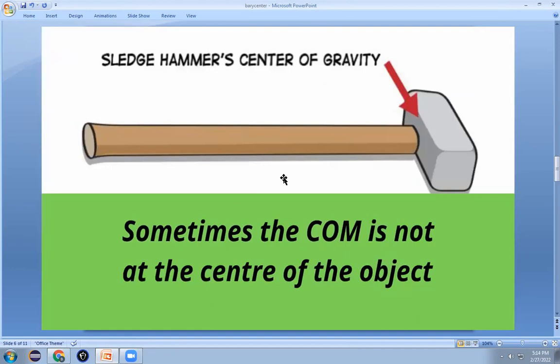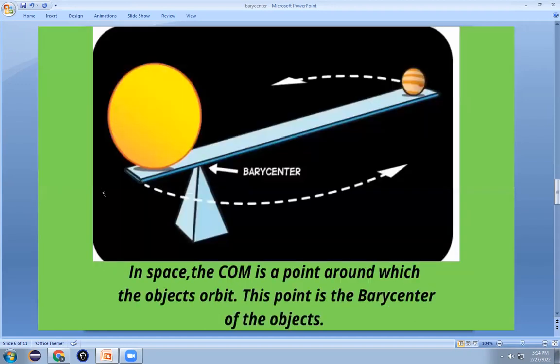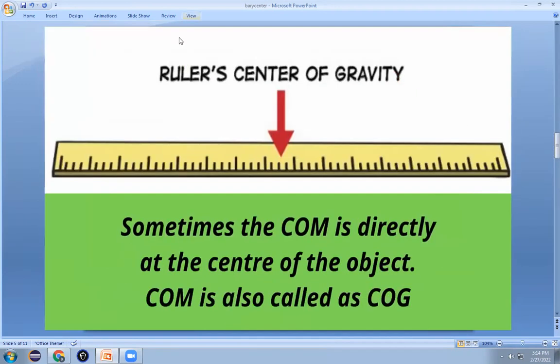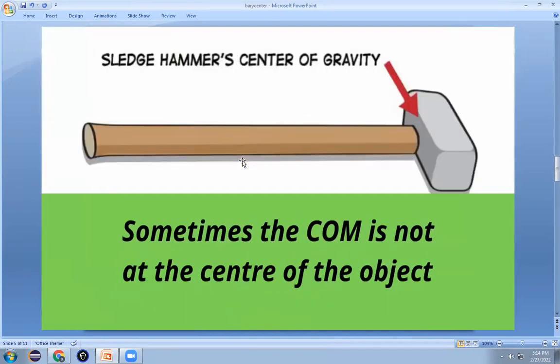In the case of this hammer, what is the heavy mass? This rod or the large stone, the gray one? The heavy one. Yes, this gray color part is the heavy part. So the center of mass is located near that heavy part. Okay, did you understand? Yes, sir. Yes, Akka.